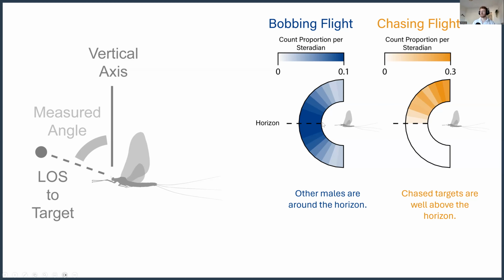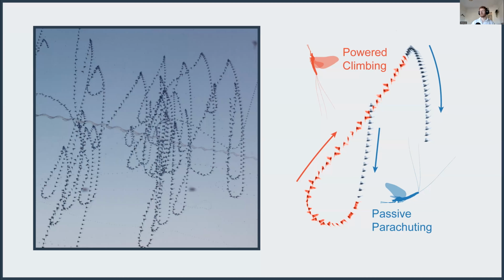Whereas chase targets are only ever above the horizon and often quite a long way. So generally we get most of the targets above 45 degrees of the horizon, and so they're really sitting directly underneath. Now, of course, if you have this bobbing behavior, you're going up and down, you are avoiding flying over the top of any other mayfly. And also it's more stable than if you're all hovering in place and then maybe another mayfly might lock onto you and go and intercept you. And that's going to be a really important thing for using your time most effectively.